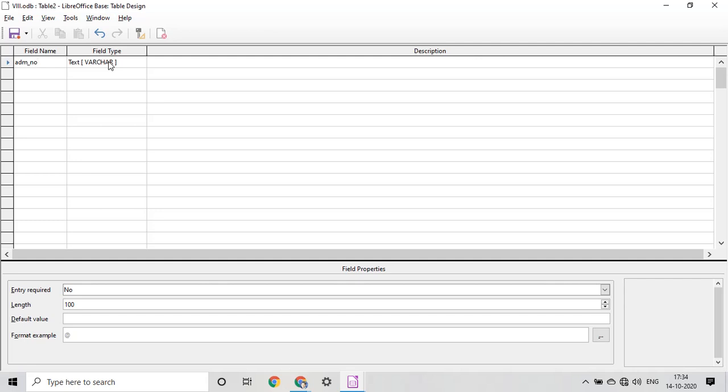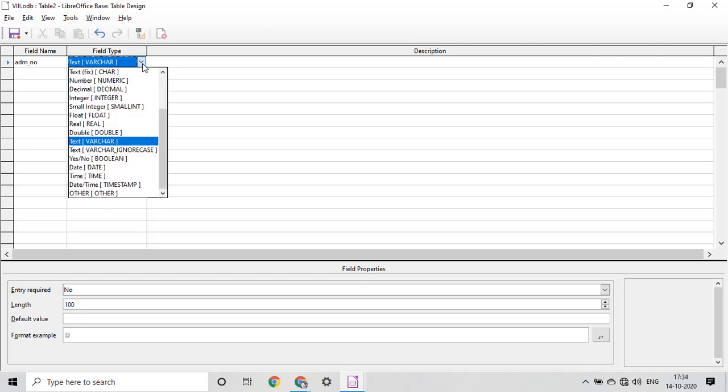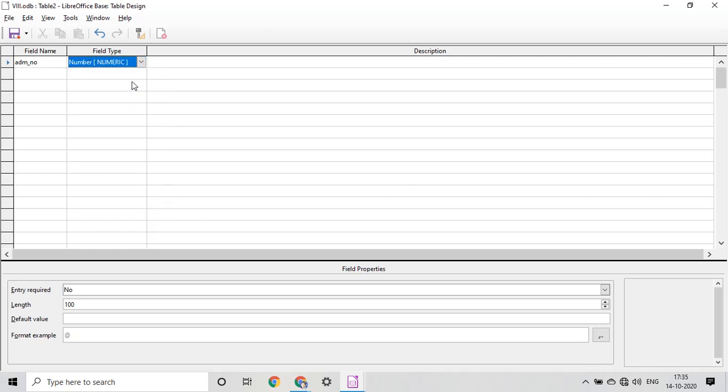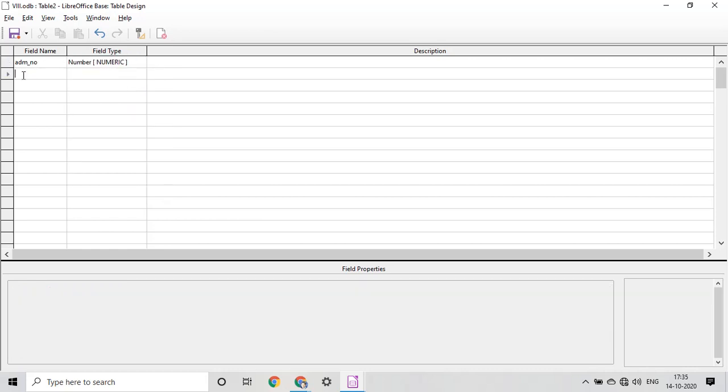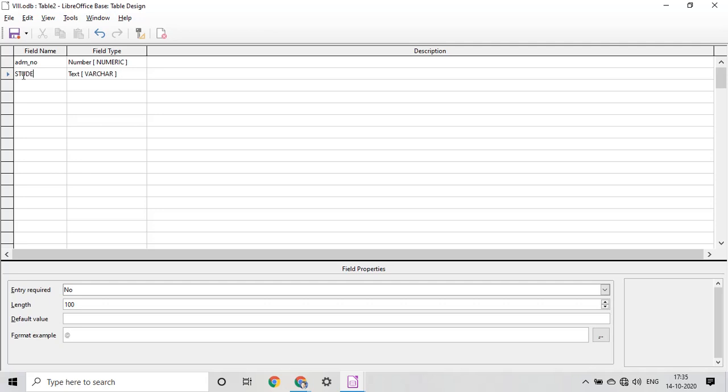We cannot use varchar because admission number is in numbers. So when you click on the right side of this, you will get different field types from which you have to choose. I am choosing numeric. Next, student name.